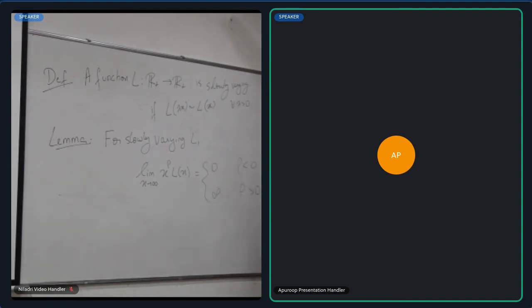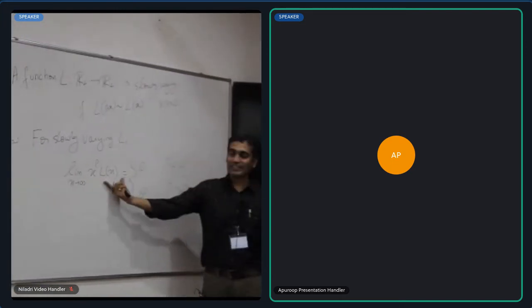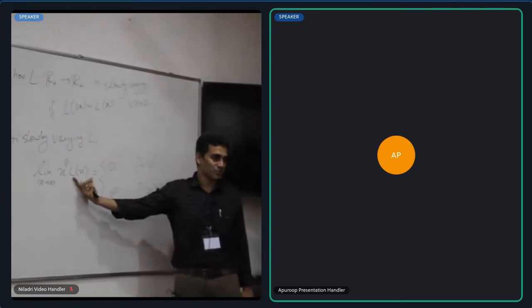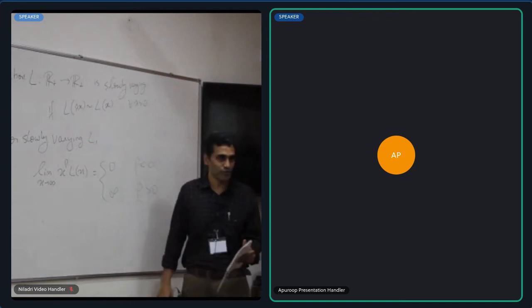Okay, so if you take a slowly varying function and multiply it by a polynomial, the polynomial will essentially dominate so far as asymptotic behavior is concerned. If rho is positive, then x raised to rho blows up, and so will x raised to rho times log, polylog, any slowly varying function. Similarly, when rho is negative, the x raised to rho will decay to 0, and so will that. Whether you multiply x raised to minus 2 with log or log square or log raised to 100, the limit is still 0.